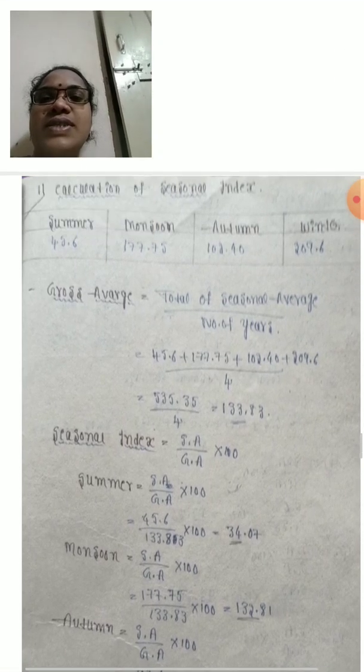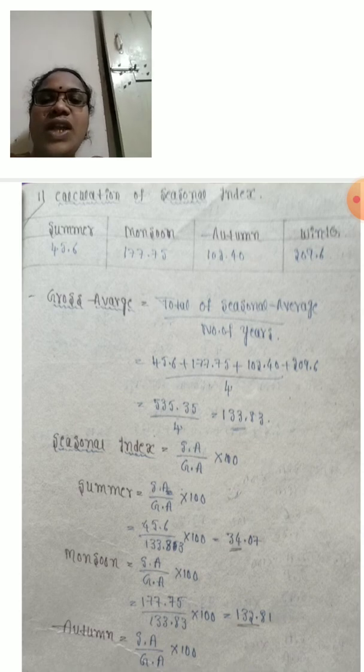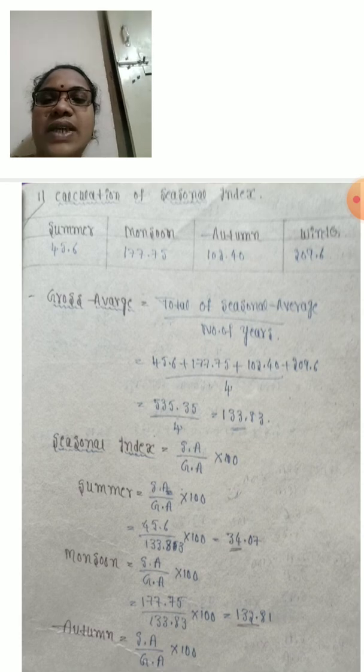Gross average equals total of seasonal averages by number of seasons: 45.6 plus 177.75 plus 102.40 plus 209.6 by 4. The total of 4 seasons is 535.35 by 4, that is